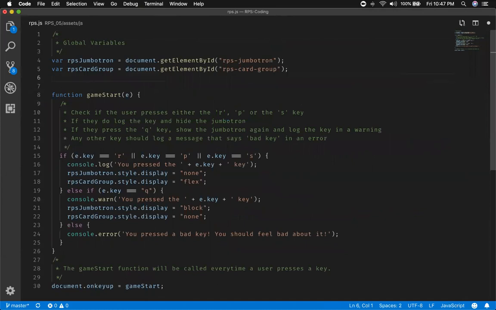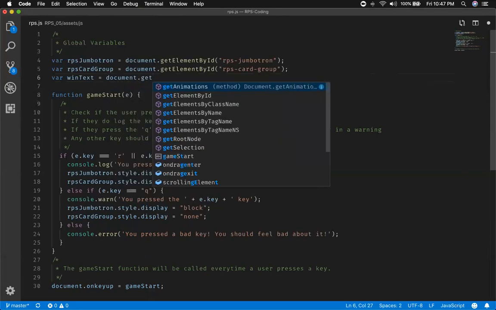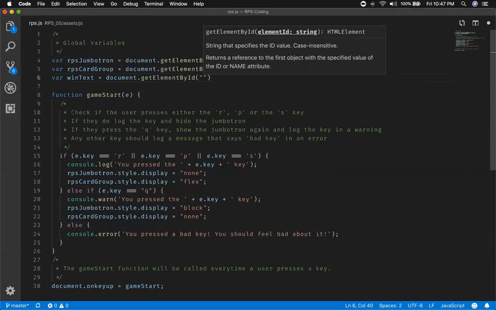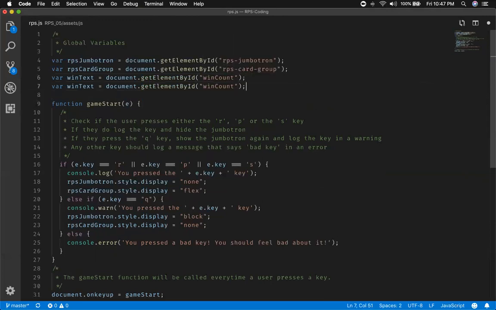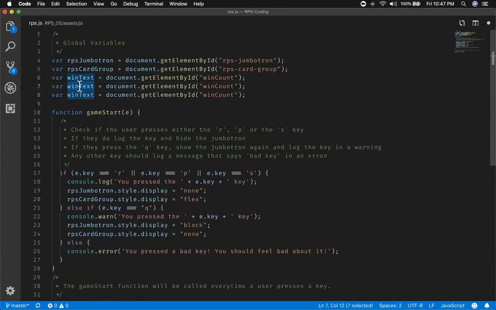We're going to give ourselves another global variable here. I'm going to call this one win text. We're going to set this equal to document.getElementById, by ID. And I just copied it. So we're going to get one for win count. And I'm going to do the same thing for a